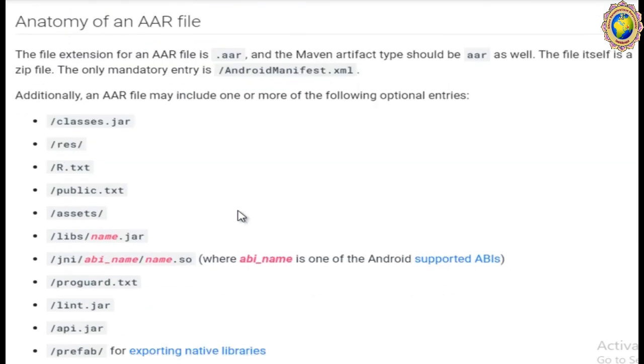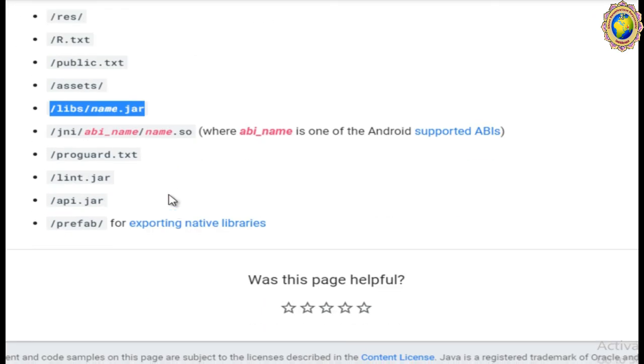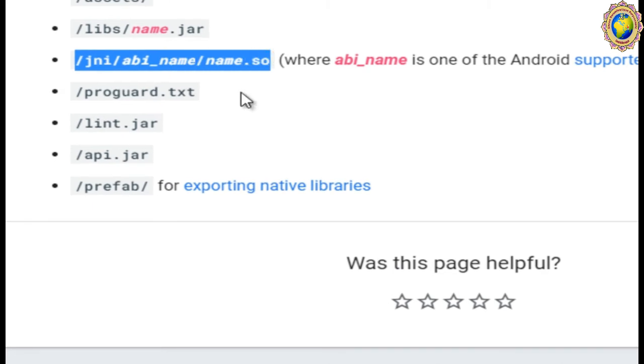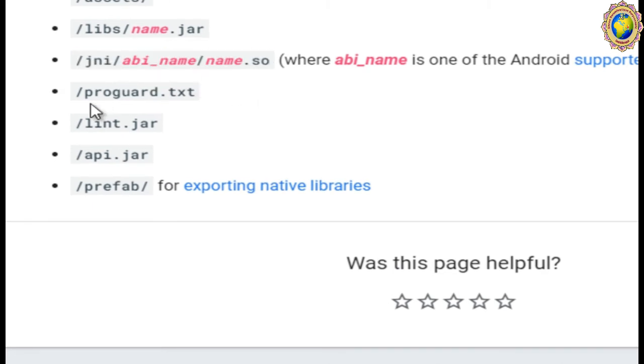Now the R file may include one or more of the following optional entries: classes.jar, then the resource r.txt, public.txt, assets, libs/name.jar, then the ABI_name, that is the Android supported ABIs, right?